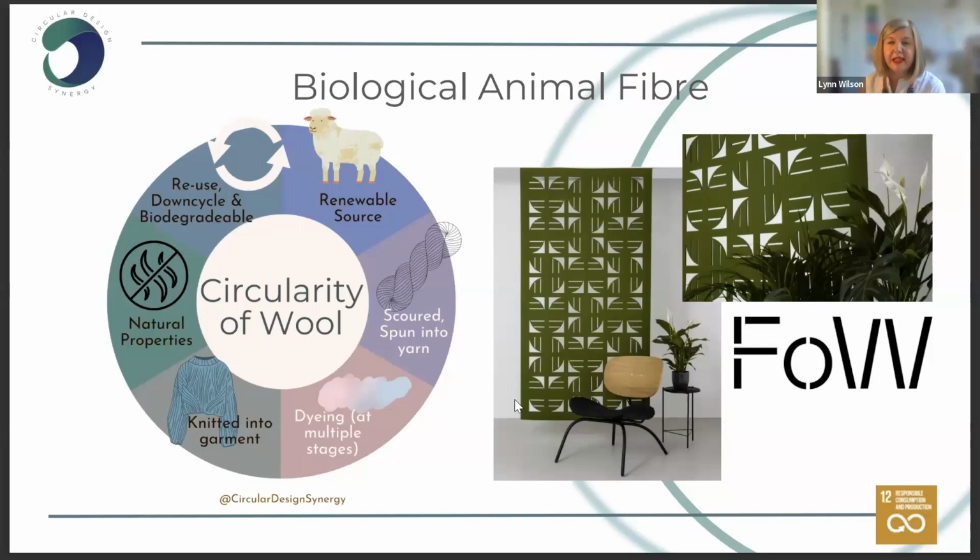On the right here, I have an example of a Scottish company, Friends of Wilson, an interior design company. These are wool felted panels. Whilst they are not Scottish wool, this is New Zealand merino wool. The panels are manufactured and processed in the UK. Because the fantastic thing about wool, it's got excellent soundproofing properties as well as bacterial properties. It's really healthy for us, and we can really start to think about how we support the British wool industry,